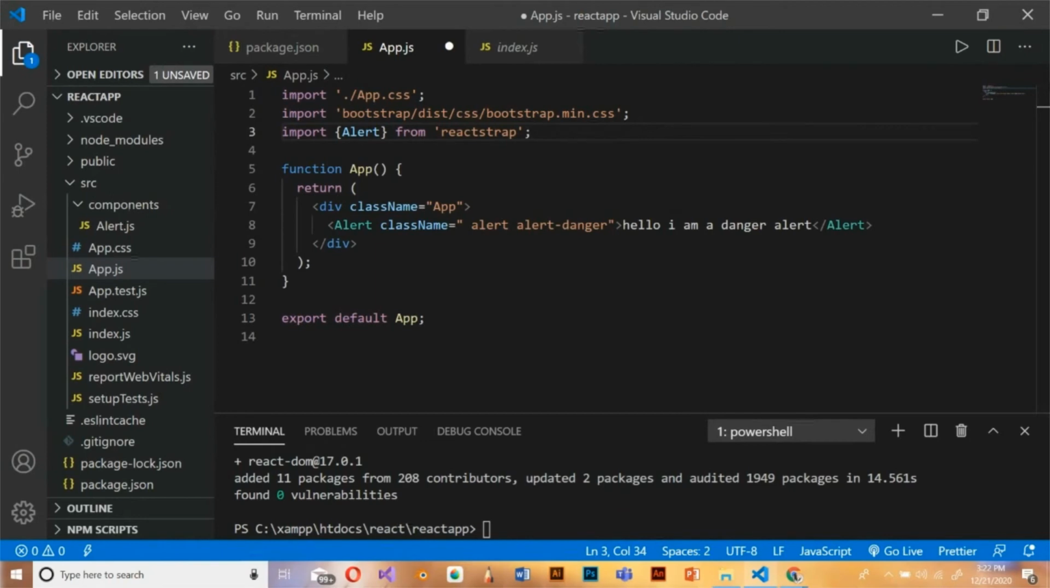Now, as you can see, I'm importing the Alert component, which is present inside my Reactstrap package, which I just installed. So what's actually happening is Reactstrap is providing us with all the Bootstrap components. So we don't have to go through the procedure of actually creating the components. We can just call it and use it in our main project. So what I can do now is, instead of using this,